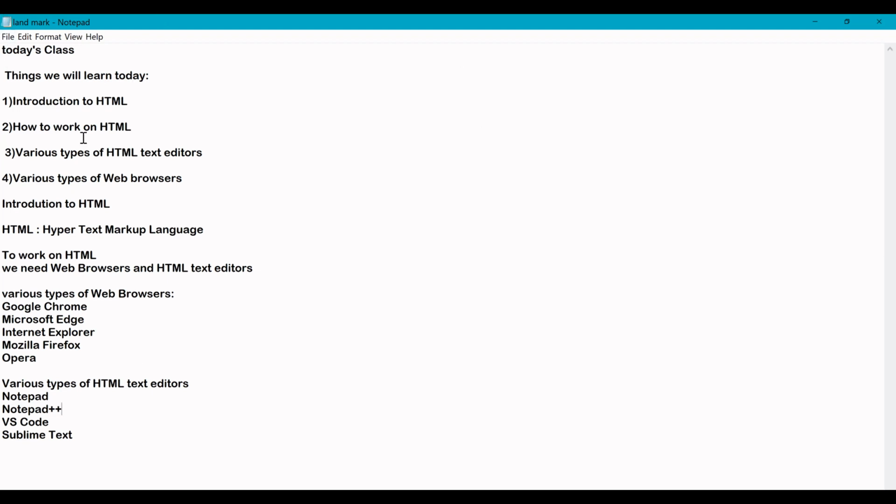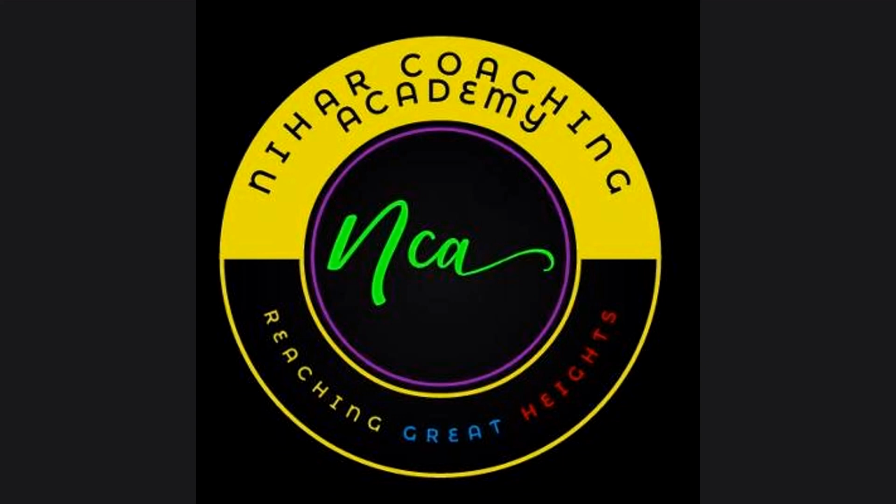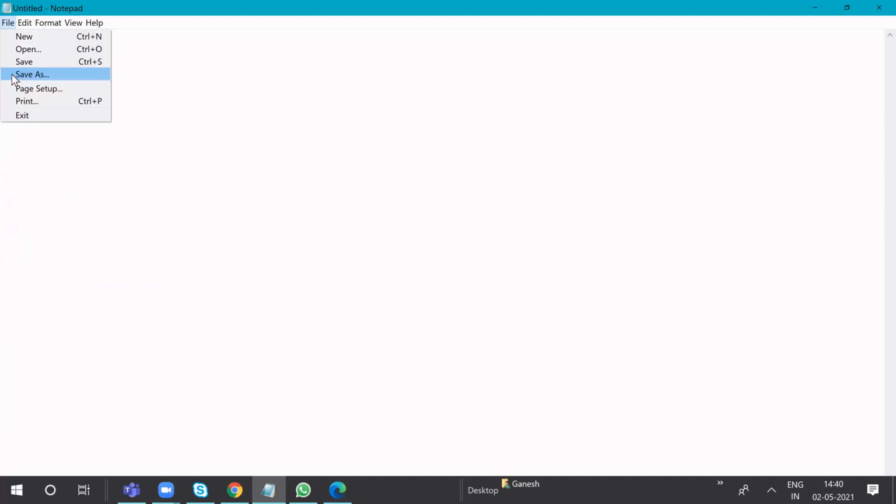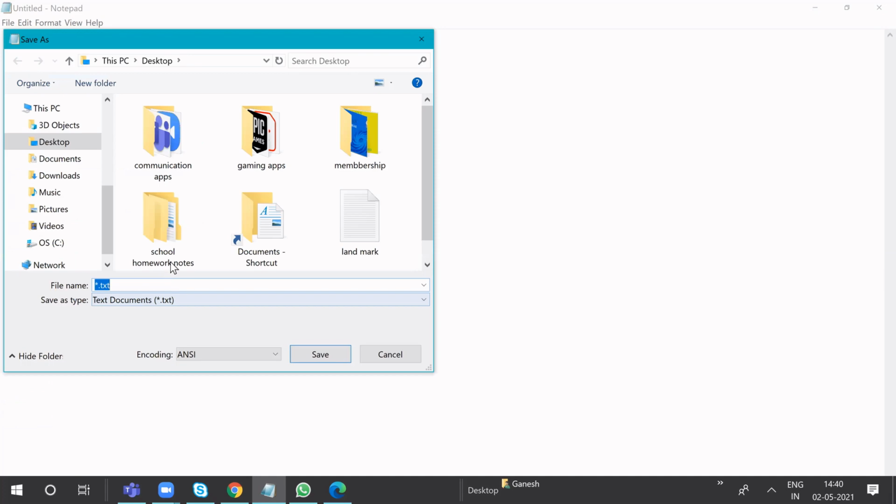So let's start. To start off with an HTML code, first go to file, open a new file, and then save it on your desktop or anywhere, it's your wish.